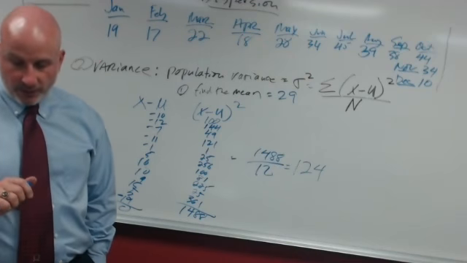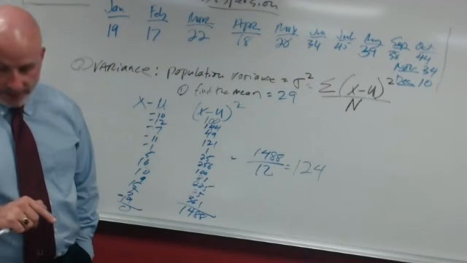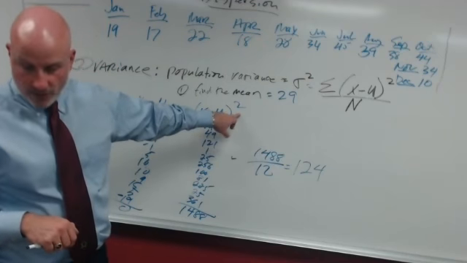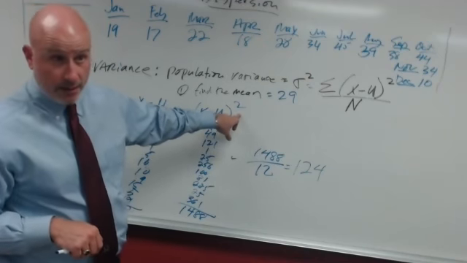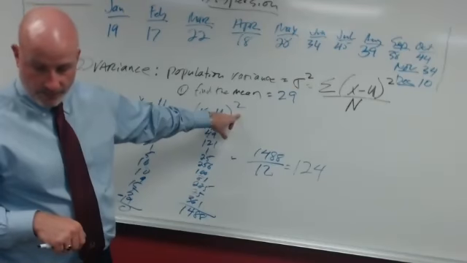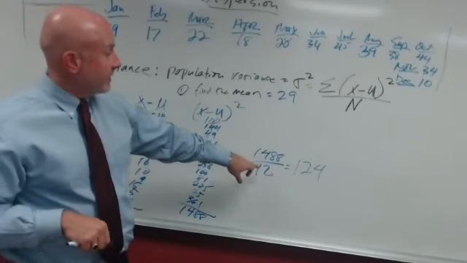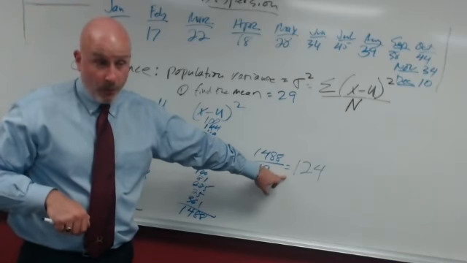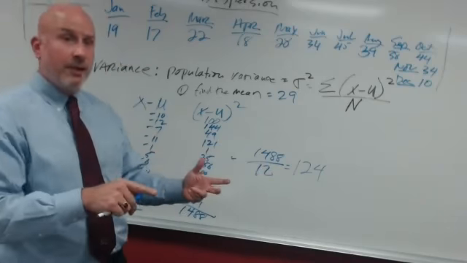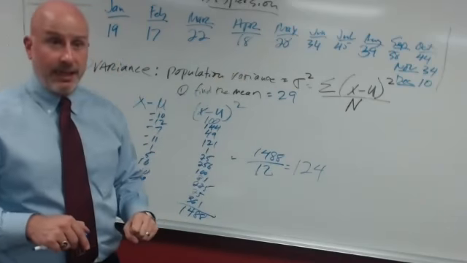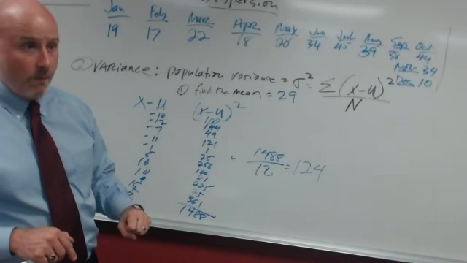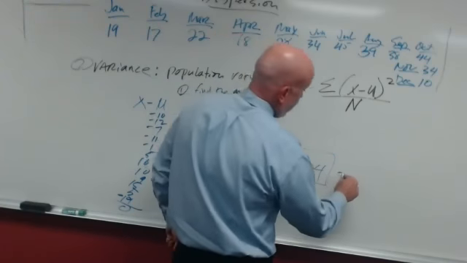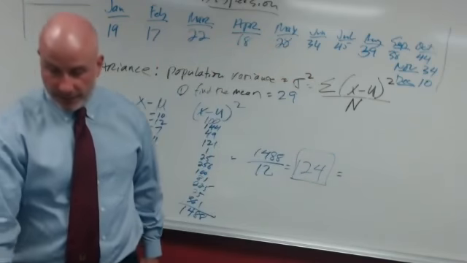Now let me point out that when we calculate the variance, the numbers that we used here, remember, we square them. So by taking the square root of this number, we can transform it to the same unit of measurement that we had in the beginning. This is my variance. Now, if I take the square root of this,